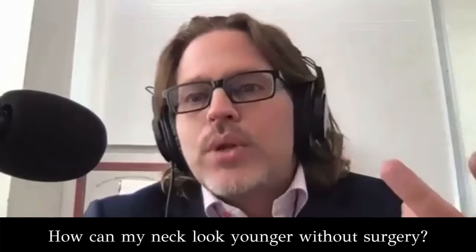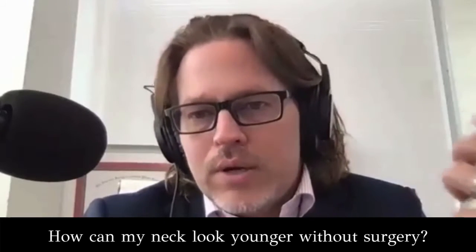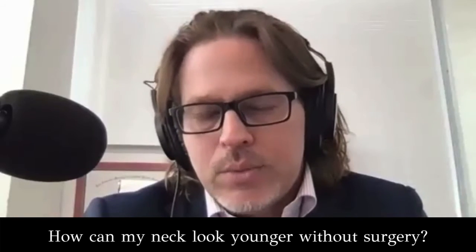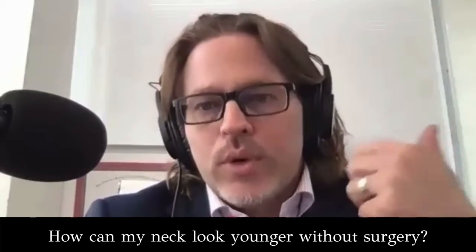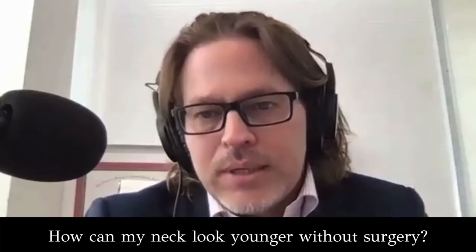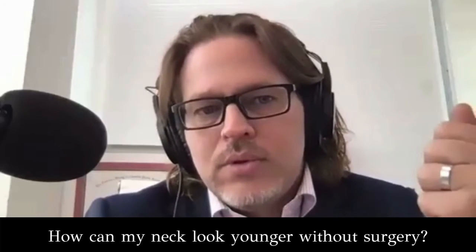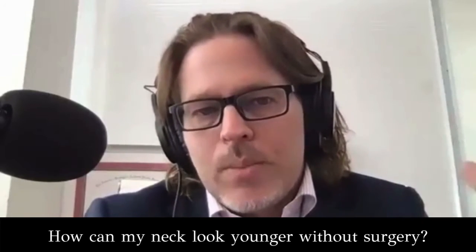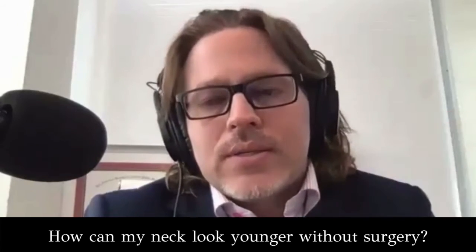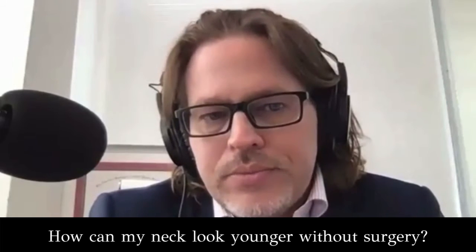So in summary, there are 3 ways to take care of a neck now. If you want a non-invasive approach, use Evoke with our chin applicator once a week for 6 weeks. If you want a minimally invasive approach, I'll curate the proper techniques for you to get the best response, either with the Zoom lift and FaceTite, or combinations of microneedling. And of course, if I feel like it's beyond that, we'll discuss surgical options, like a mini lift